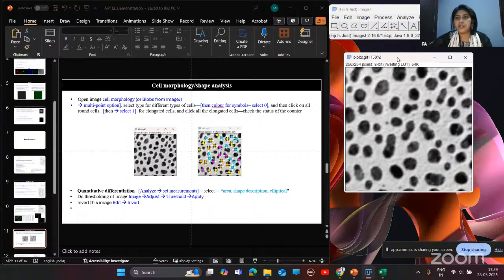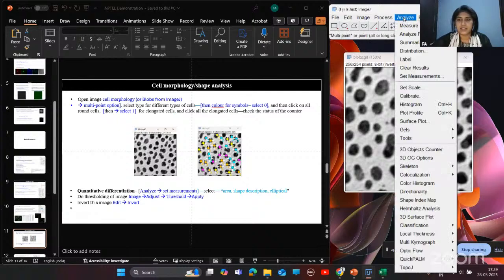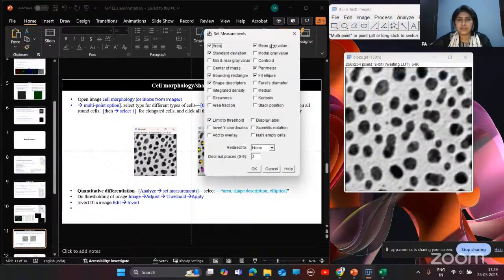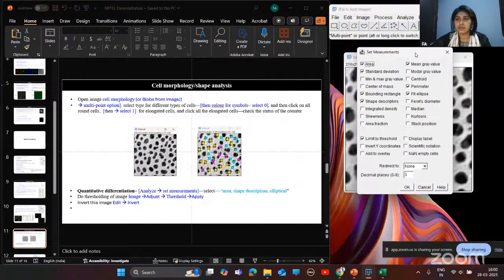So here I have opened this, and for quantitative analysis, first I'll go to Analyze, Set Measurements, and from here you need to select all those parameters which you require.